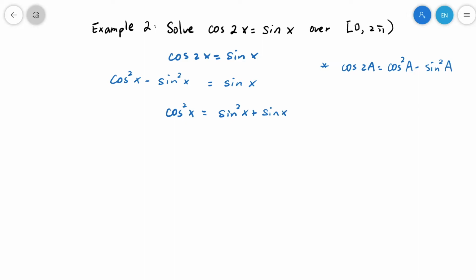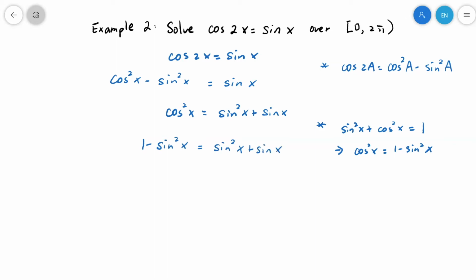Okay, so by switching them, I see that I have part of the equation using only the sine function, and the other part using only the cosine function. Still, I cannot really combine them. Then I'm going to use an identity, which is sine squared theta plus cosine squared theta equals 1. Not using it directly, I'm going to twist it a little bit to get cosine squared x equals 1 minus sine squared x. So I'm going to replace cosine squared x with 1 minus sine squared x,